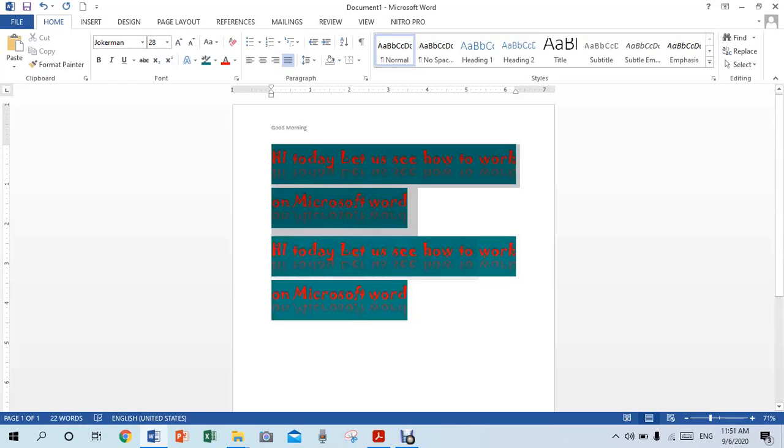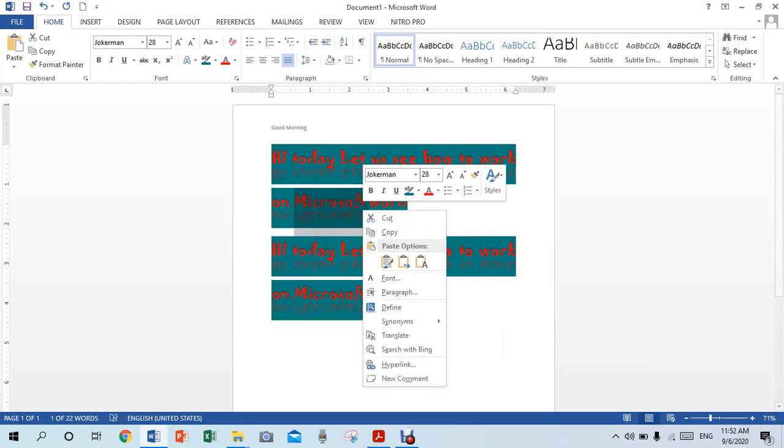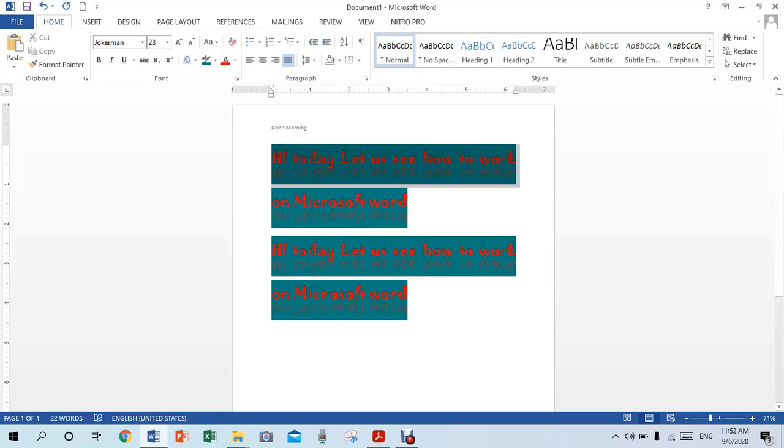And also you can format each of the words by clicking here and right clicking and choosing the format you want. If you want to bold this whole line, you can click on the bold. If you don't want bold, you can take the bold away, or else you can use Ctrl+B. If you want this in italic font, you can click here, or else Ctrl+I. Or if you don't want this in italic, you can click here again.